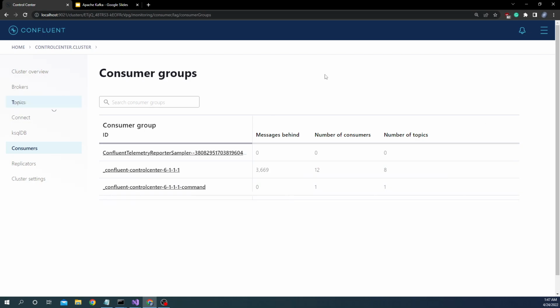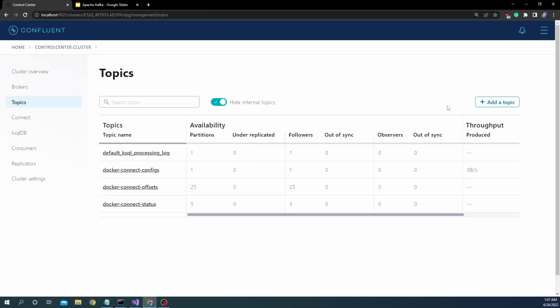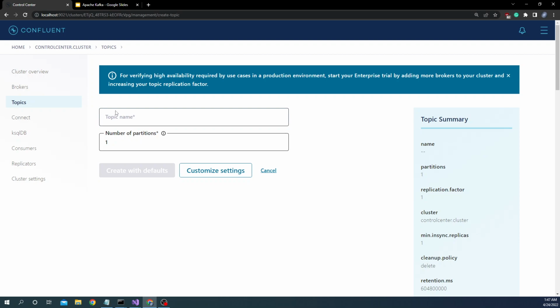Now, if we have to create a topic, there are two ways to create a topic. One way is programmatically, or we can create a topic using this particular control plane. The advantage of using this control plane is that there are a lot of features which it supports, which the normal program in C# does not support. But if we use the CLI, we should be able to have all the properties that this particular control plane supports. So when you create a topic, for example, let's say